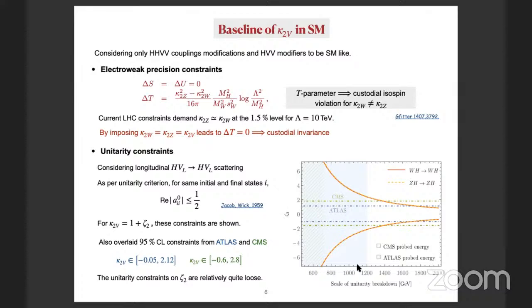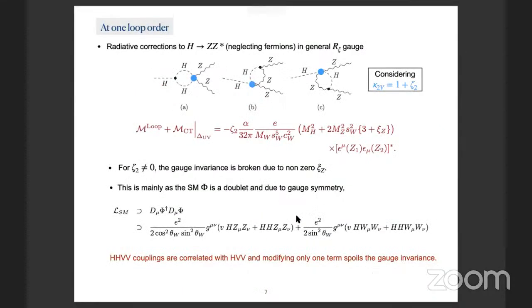We can clearly see that at a particular scale, the constraints we get from unitarity are quite weak as compared to the already existing bounds. Therefore, if we move to one loop order, and we want to study the radiative corrections to H to ZZ in a general gauge and we modify the HHZZ or HHVV couplings, we will see that there are these diagrams at one loop order which contribute to the radiative corrections